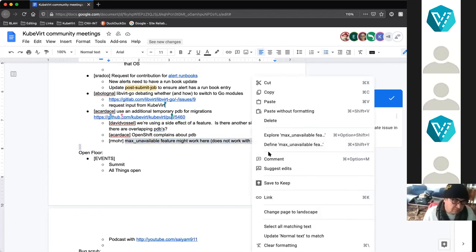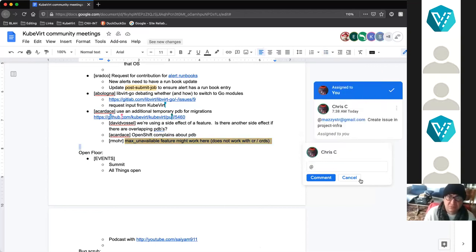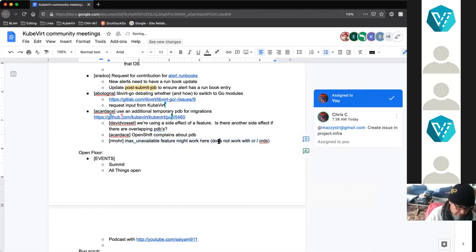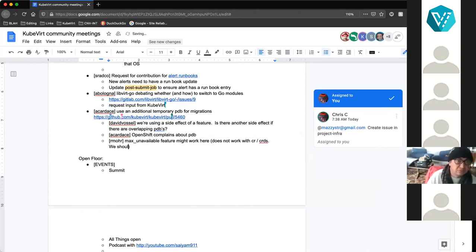By the way, sorry for interrupting. We know that max unavailable does not work right now. We should, however, work on Kubernetes to enable it. Okay. Yeah. The same goes for min available, because for default controllers, you can use it with a percentage, but you can't do that for custom controllers. So I mean, any of the two.